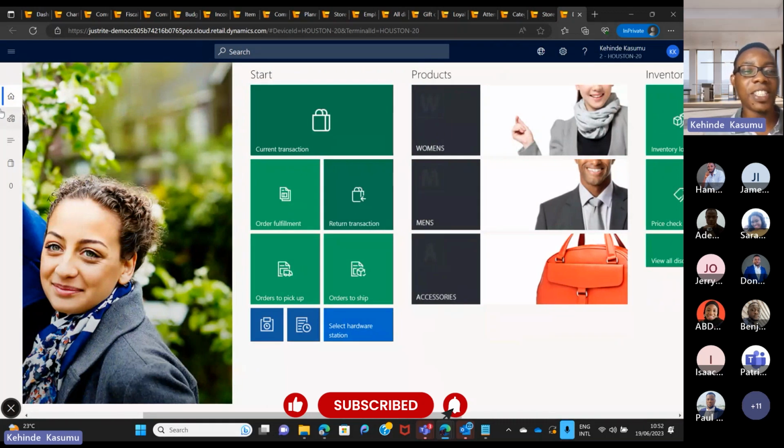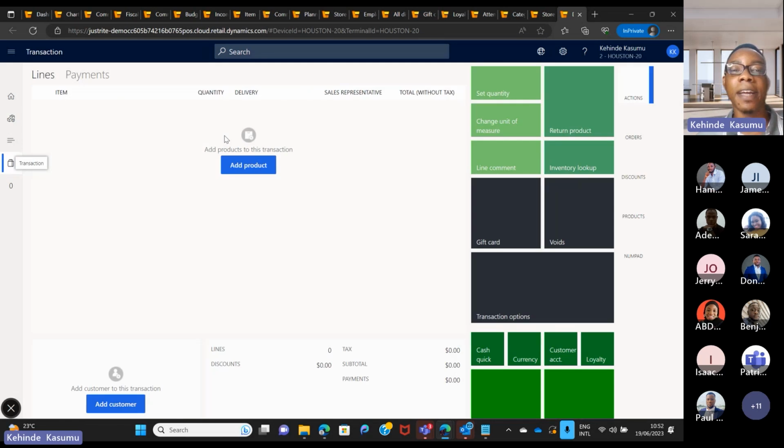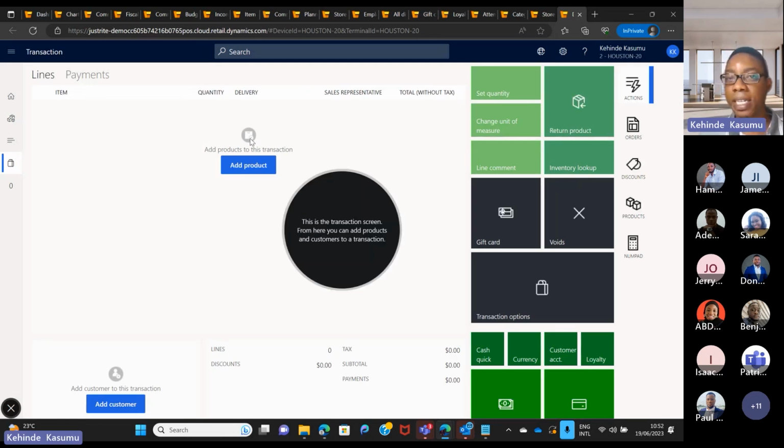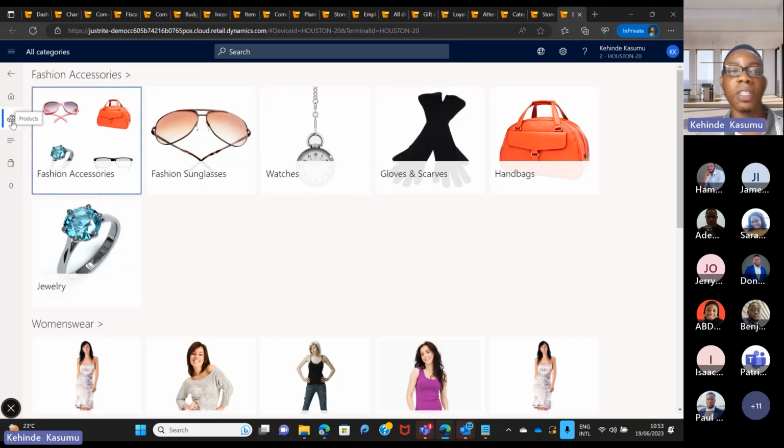All right. One of the functionalities you have here within the point of sale is to be able to browse categories. Of course, you will not want to do this when you have long queues in front of the cashiers. They want to simply scan the product. This can integrate with various hardware devices, not just scanners, but printers as well. So you can scan the barcodes of the items, and the system simply registers the item here in the transaction line automatically. So you don't have to browse categories and all of that. But if you want to check which category a product falls into, you can actually browse the various categories that you have here.